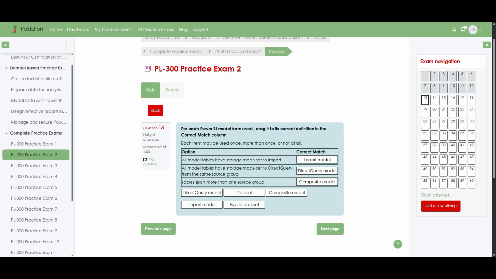An import model stores all its data locally within the Power BI file, enabling fast query performance since it relies on cached data rather than live database calls. In contrast, a direct query model keeps data in the source system and queries it in real time, but all tables must originate from a single source group. Meanwhile, a composite model blends the two approaches, allowing tables from multiple source groups, which may include both import and